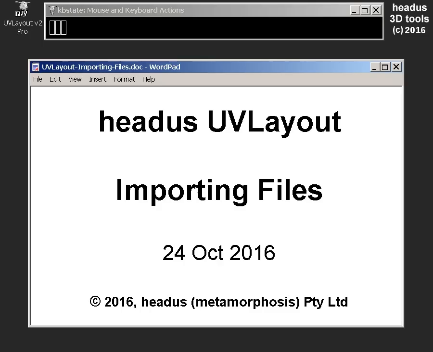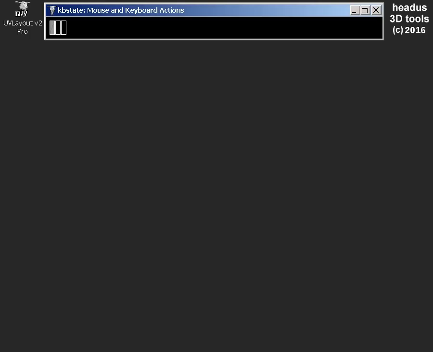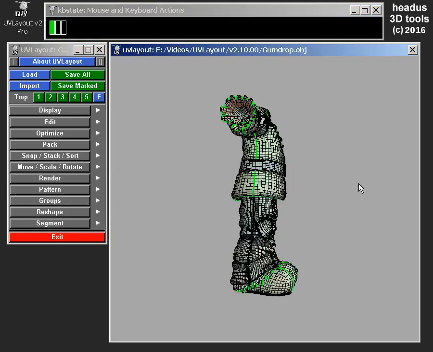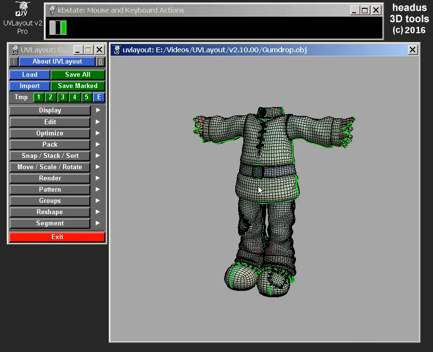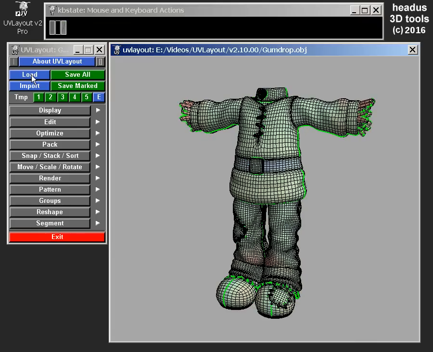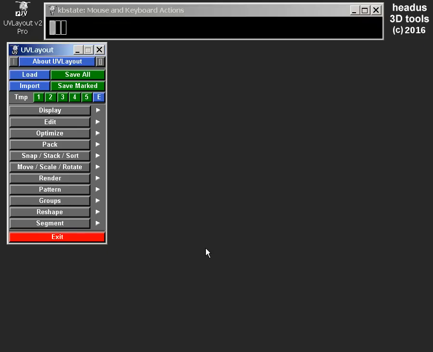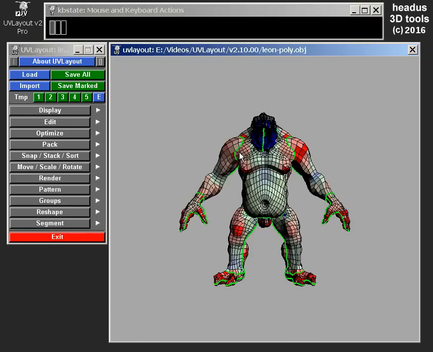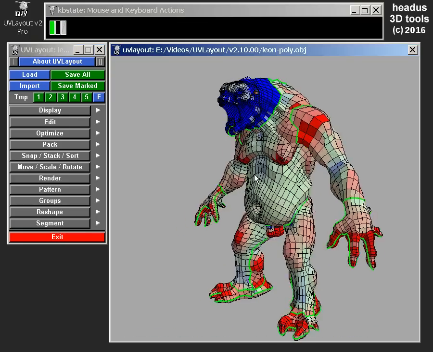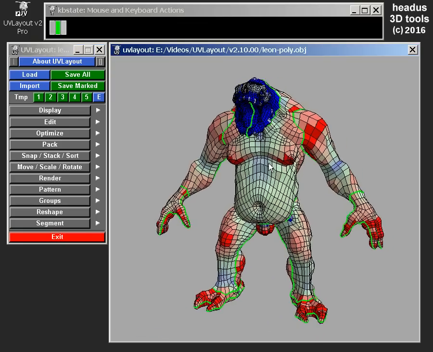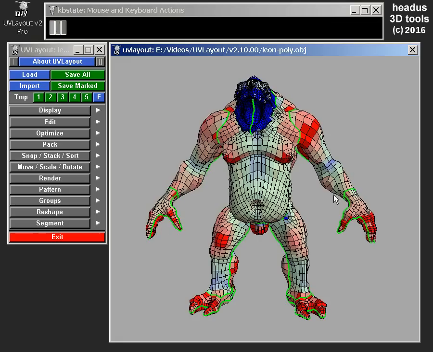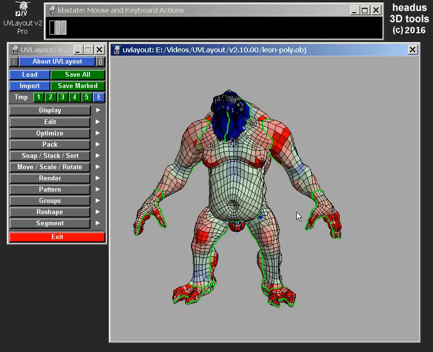So in this video I'm looking at importing files into UVLayout. Here we have an object already loaded, and if I use load here, which has always been there, and load something else, that window is killed and the other object is loaded up in place of the other one. If you want to combine meshes or load in a second mesh,